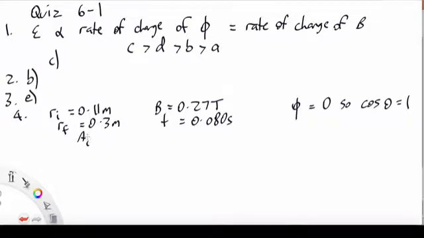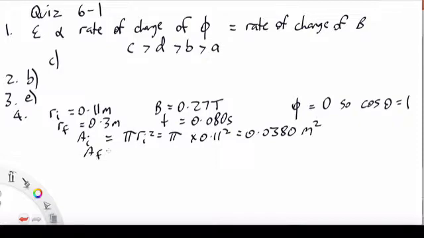So firstly, we have the area to begin with is pi Ri squared, and that is going to be pi times 0.11 squared, 0.038 square meters, and the final, which is pi Rf squared, will be